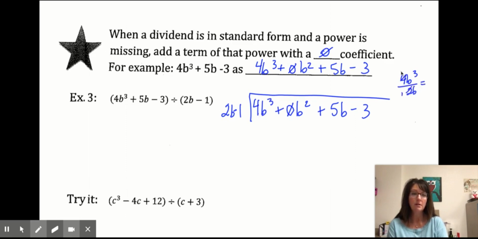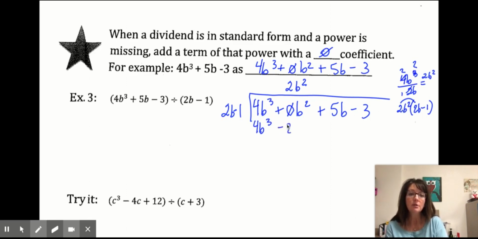Okay, so it's going to go in 2, and then one of these is leaving, so it becomes 2. So we'll have 2b squared. And again, we're going to put that over the like term, so it's going to go over the 0b. So a positive 2b squared. Now we're taking our 2b squared times our 2b minus 1. So 2b squared times 2b would be 4b cubed, and then 2b squared times negative 1 is